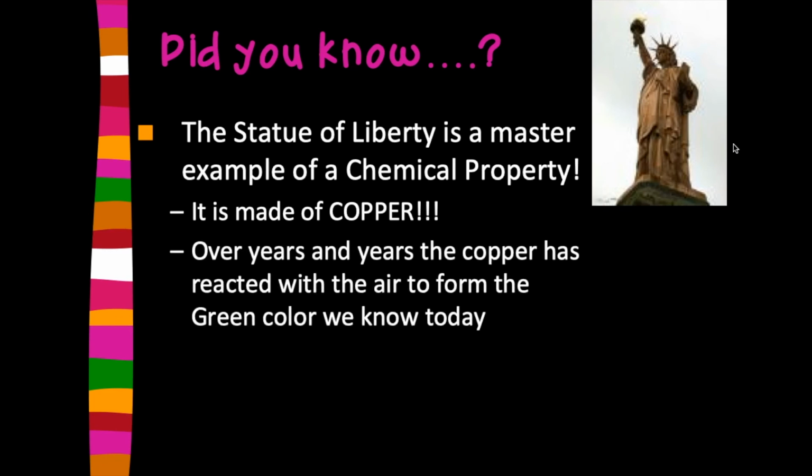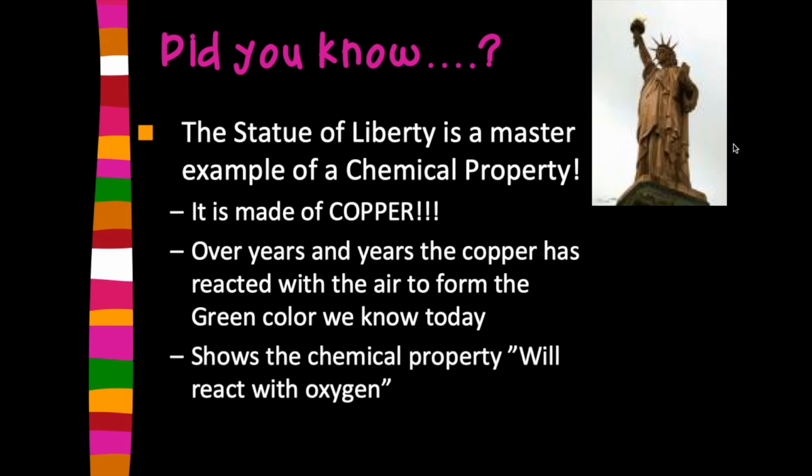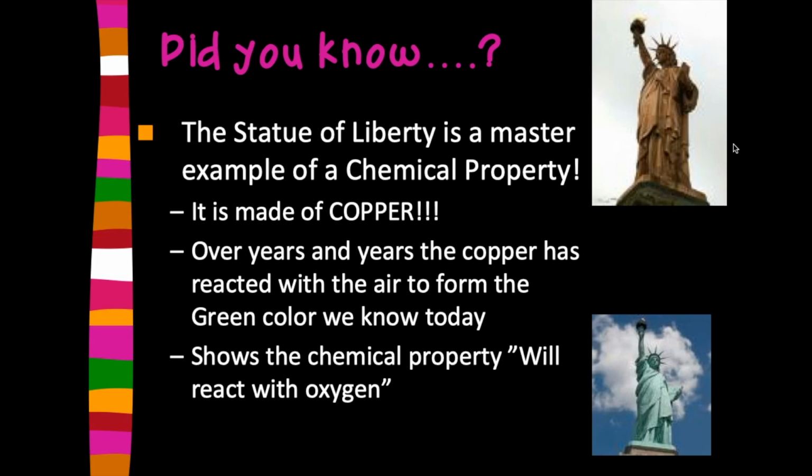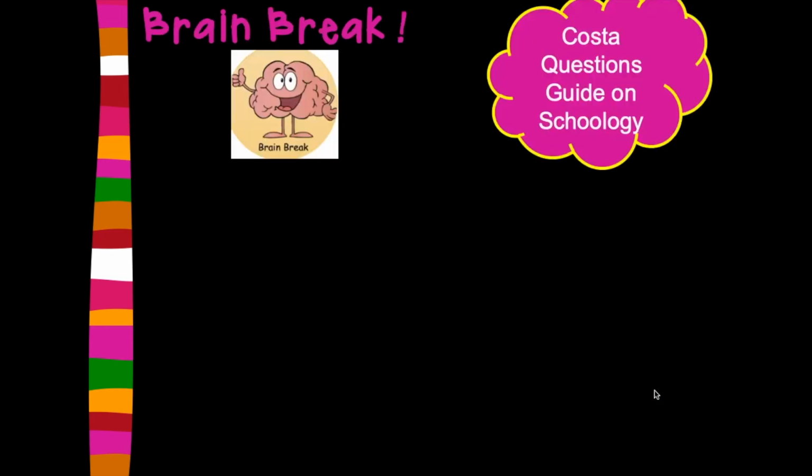However, over the years, copper reacted with the air to form that greenish color that we're used to. And so it's showing the chemical property: it will react with oxygen. And then you get that green color instead. So that's an example of a chemical property from your world. Okay, so that tells us about the difference between chemical and physical properties, which is the first part of our